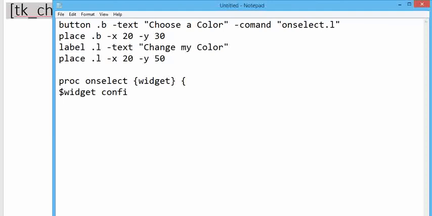It means that we are going to change the configuration of the particular widget dot L. Here I am going to use minus bg. Here I am going to call tk_chooseColor. Remember, the C in Color would be capital.